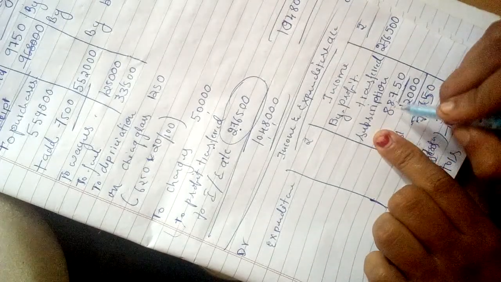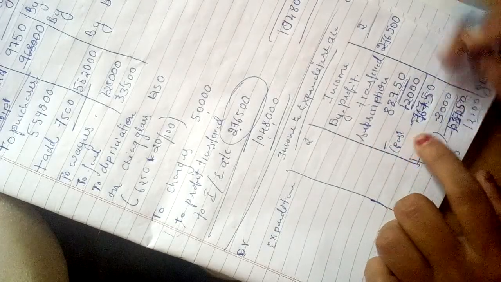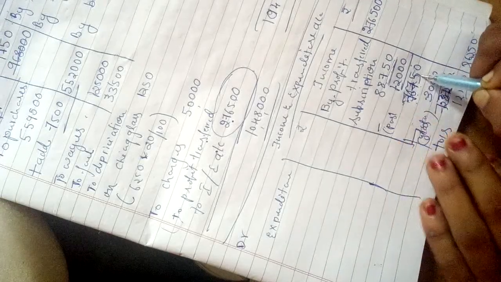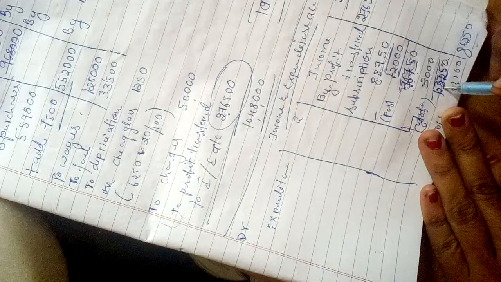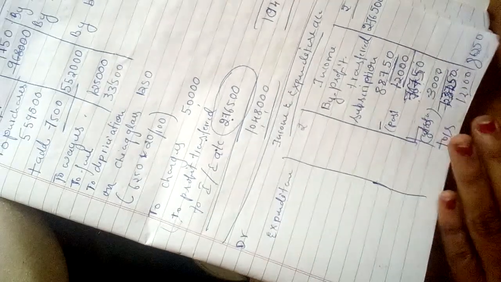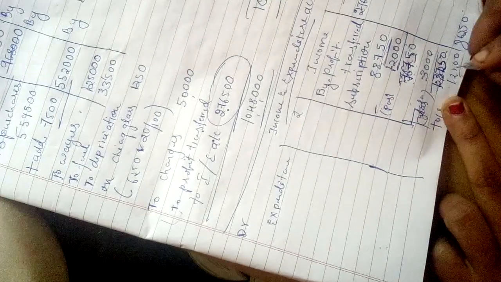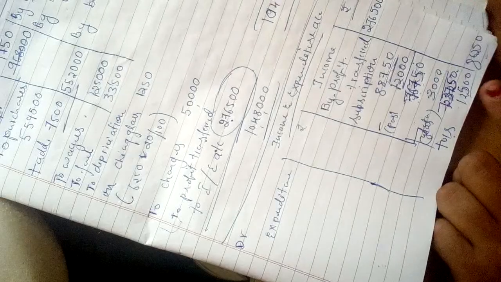See, again I am going to explain. Subscription, we have written the amount which they have given. Then we need to deduct the past year's subscription amount, that is 12,000. We are going to get 76,750. Okay. Then we need to deduct of future year 3,000. We are going to get 73,750. Then what we need to do? We need to add outstanding of current period 12,500. We are going to get this particular amount. Okay. So now other items.